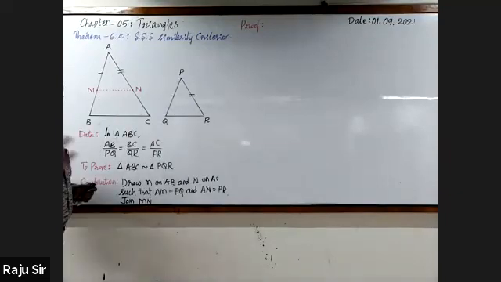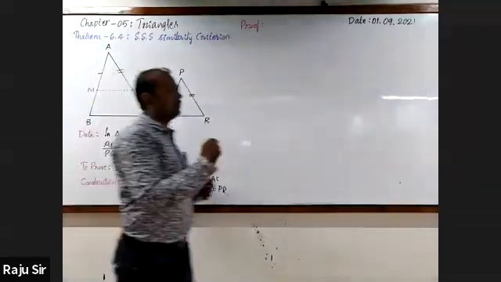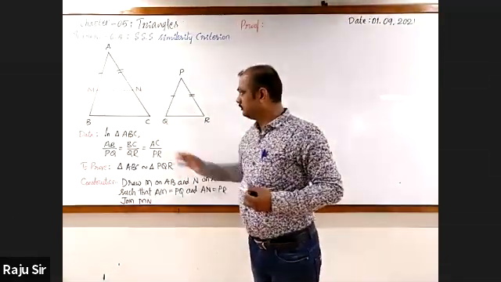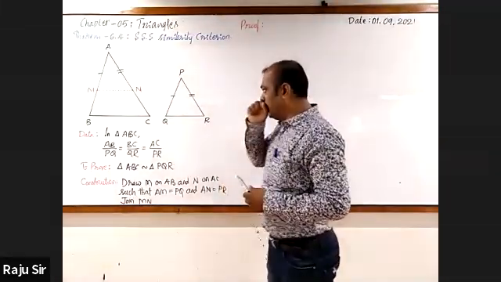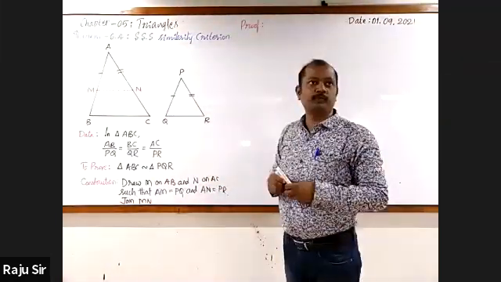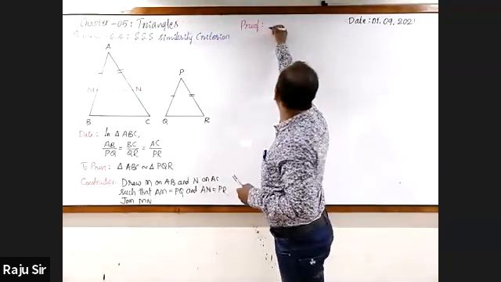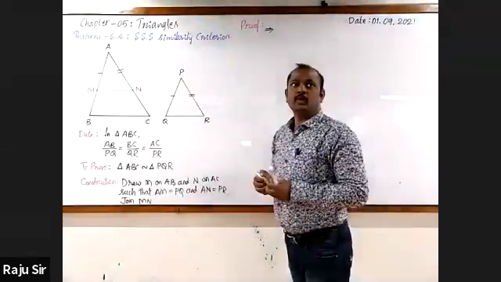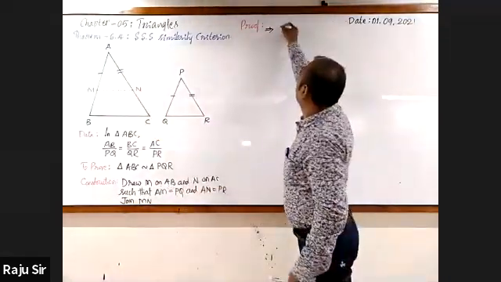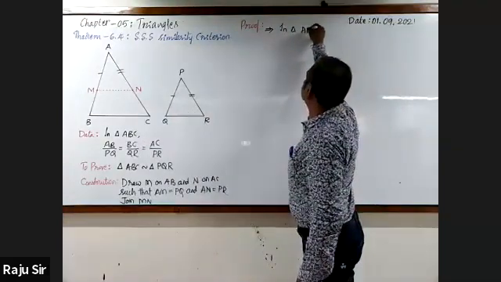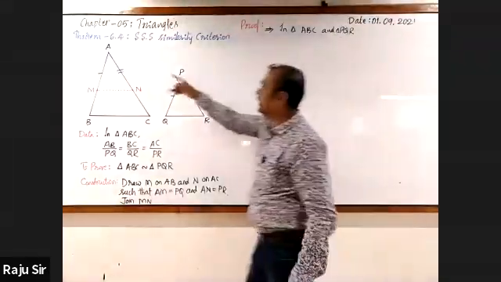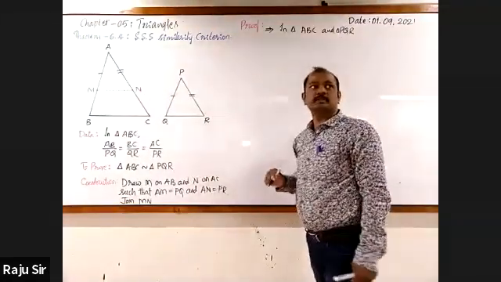You had written up to the construction, is it not? You had also written, I think, 2 to 3 steps in the proof. Just to check that, in triangles ABC and PQR, these two triangles are given with the corresponding sides in the same ratio,